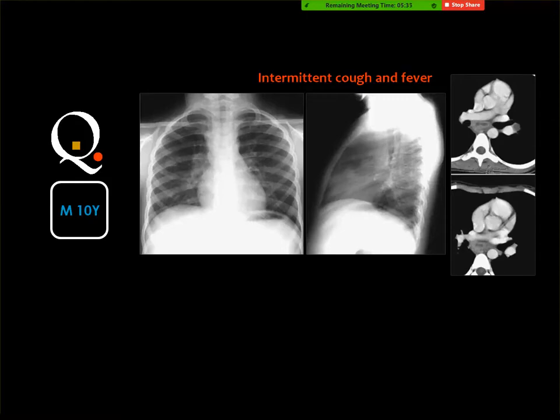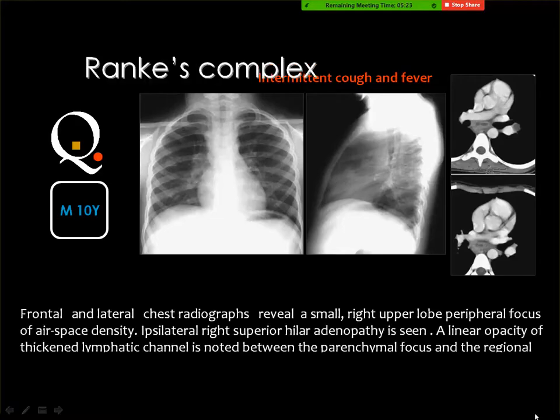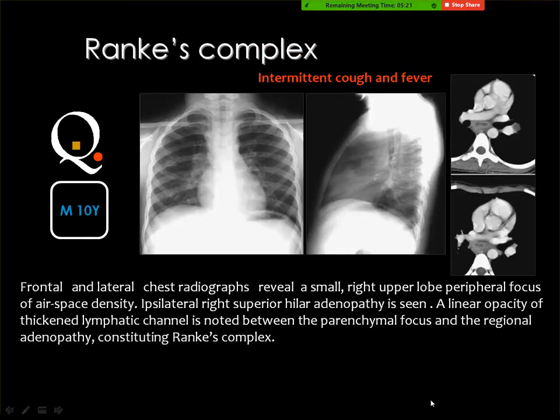Lymphadenopathy, bilateral. Yes. Could be sarcoidosis, could be TB. Then what? But with the cough and intermittent fever, a TB. TB, yes. And you should consider the TB as one of the differential diagnoses for lymphadenopathy in the pediatric age group. Previously, this lesion was known as minimal lesion, which was also called the primary tuberculosis, meaning that there is